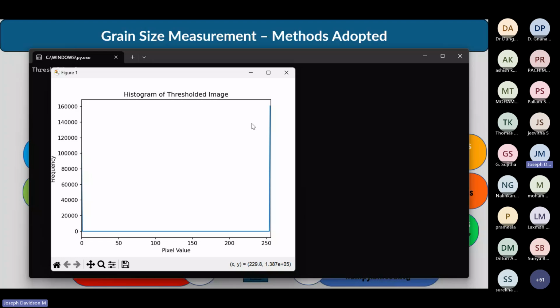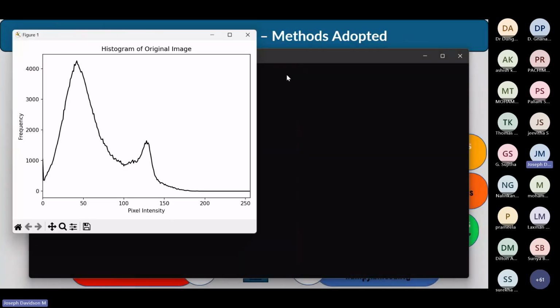In fact, it finds a histogram of the pixel strength within that domain, and it takes an average and uses it as a threshold. So this is a thresholded image, and the original image histogram is like this. It had a lot of variations. But after the thresholding has been done, we are choosing only one threshold, correct?